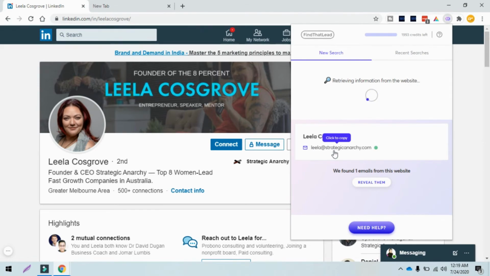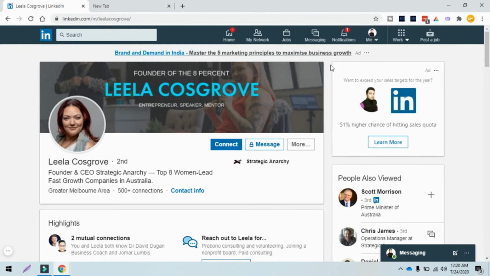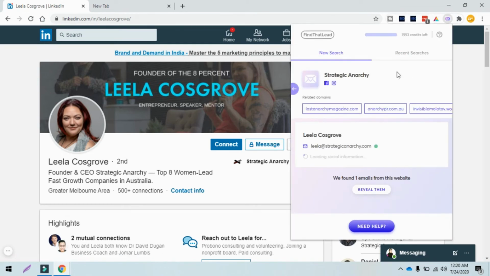This tool is a magic tool. Whenever you use it to find email IDs, it will deduct credits from here. As you can see, right now I have 1994 credits left. So this tool is really amazing. It works like a charm. It has helped me secure real clients that pay me every month. So I would seriously recommend this tool if you are into the B2B industry. And if you are looking for a full review of this tool, you can just comment below.